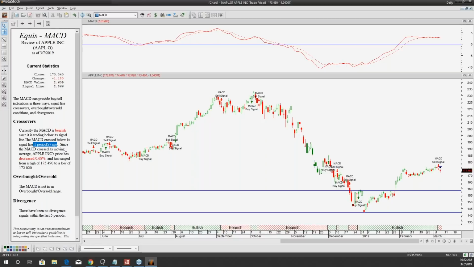Let's see here. I see that I have a question here. Is that commentary printable? I believe it is. Yeah, there is a print button up here in the top left corner, so you can print that. So it is printable. Okay, thank you for that question there.